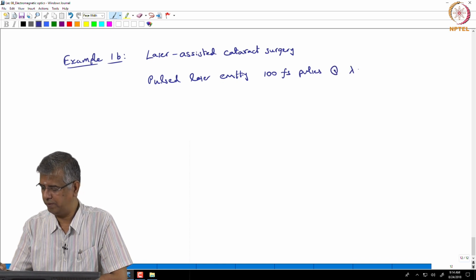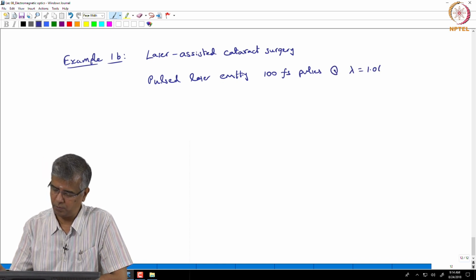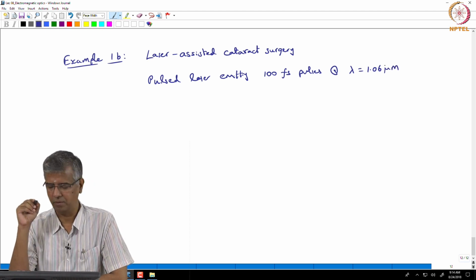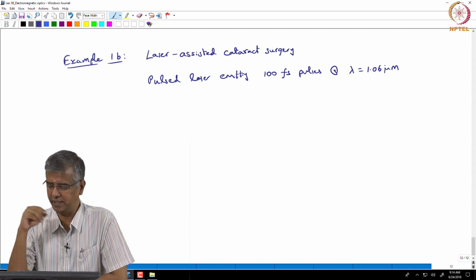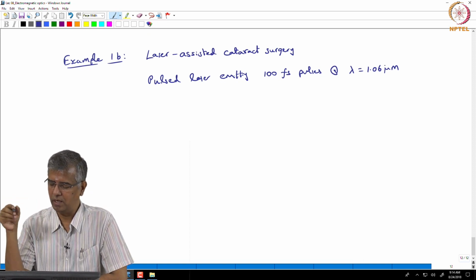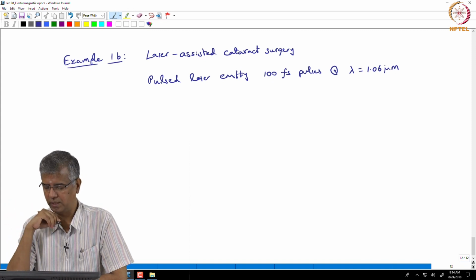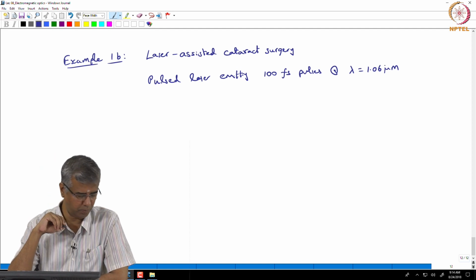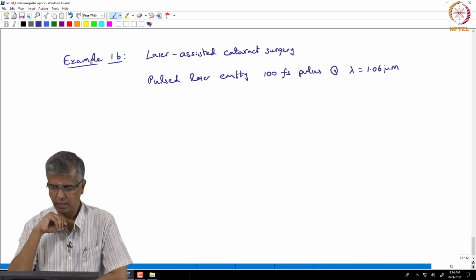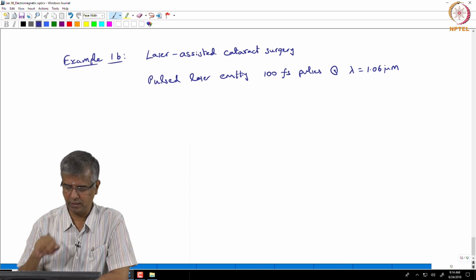At a wavelength of 1.06 microns. Why that specific wavelength, we will come back and look at that later when we are discussing lasers, but let us say this is emitting these pulses at 1.06 microns, and you are told that